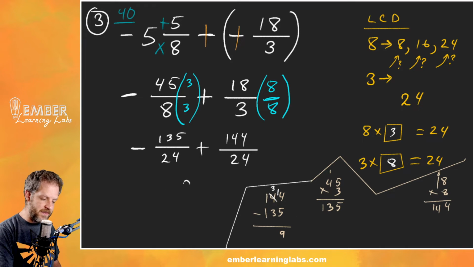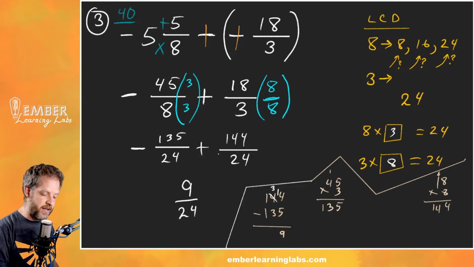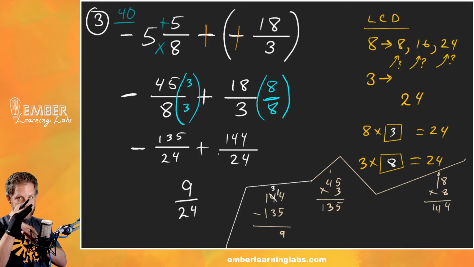Now, is it a positive 9/24 as our answer, or is it a negative 9/24? Well, the bigger one is 144. It was positive, so it's positive 9/24. Now, time out,